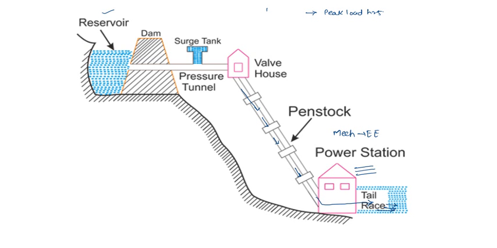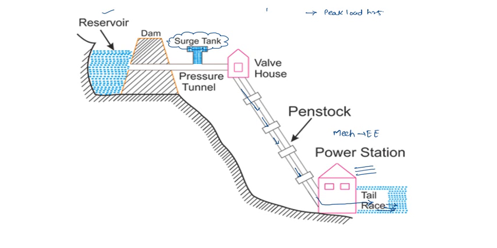So for that we use here the surge tank. Here, the surge tank is present. When there is a reduction in the load of the generator, that means when the load is reduced, the generator calls the governor to close the turbine gates and thus increases the pressure in the penstock. This may lead to a burst in the penstock. So, to reduce this pressure, a small tank, that means the surge tank, is used to receive the rejected flow. This is the main concept of using the surge tank.